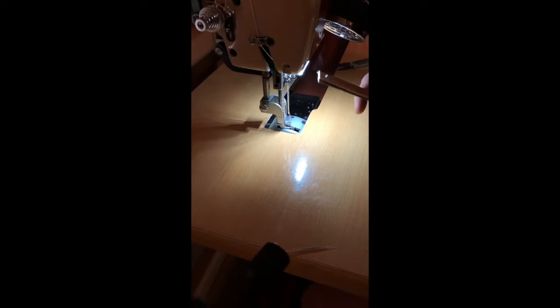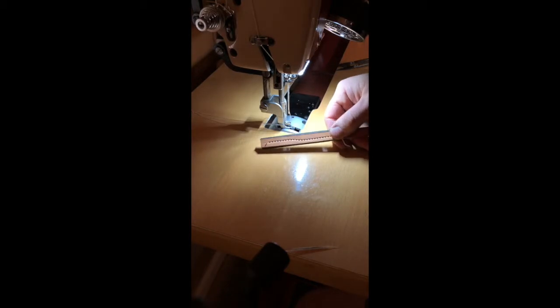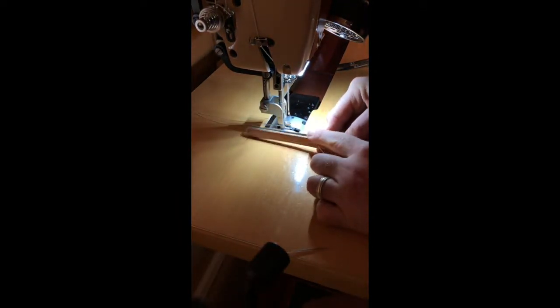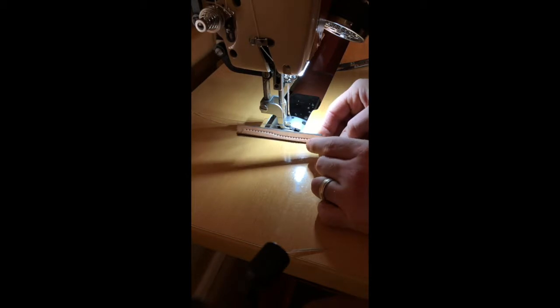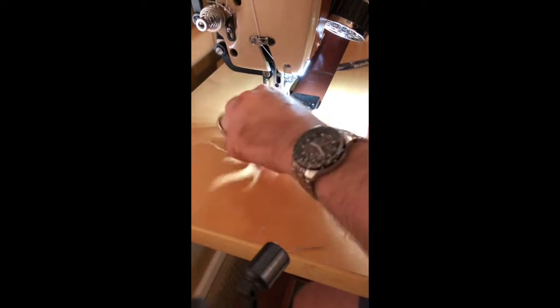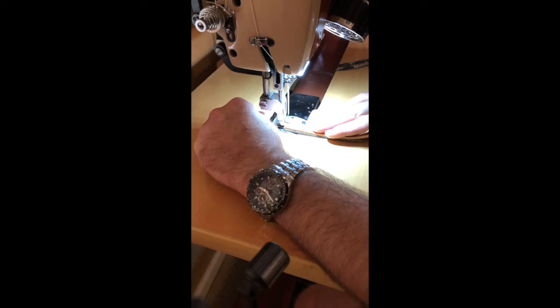Alright, so before I sew anything up on a new project, I try to run a few test stitches to make sure that my tensions are correct and my stitch lengths are alright. What I've got here is just a piece of that gray leather that the body's made out of, and the same weight of the veg tan, and I just stack them up and run a few stitches just to make sure I've got good tensions and stitch lengths,